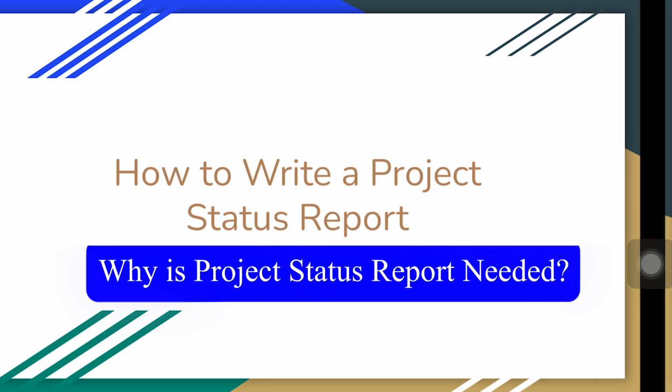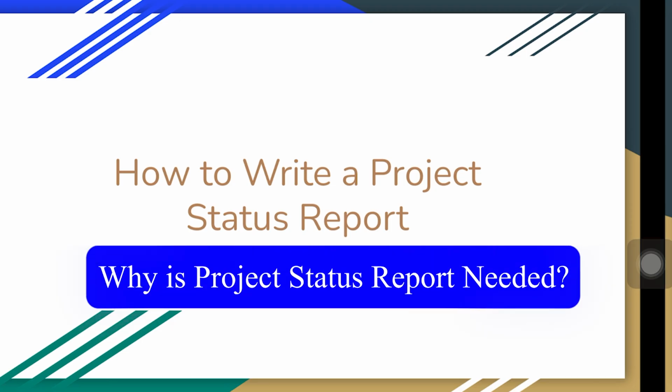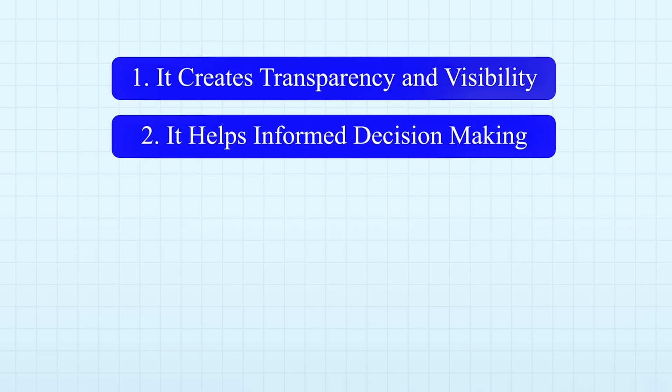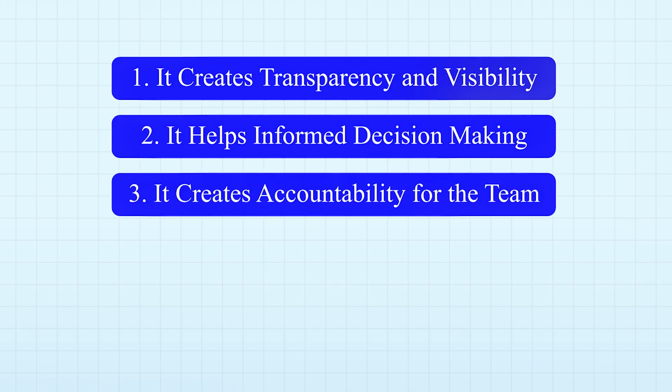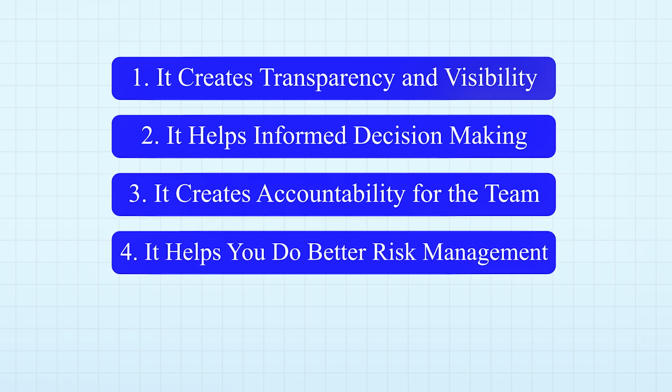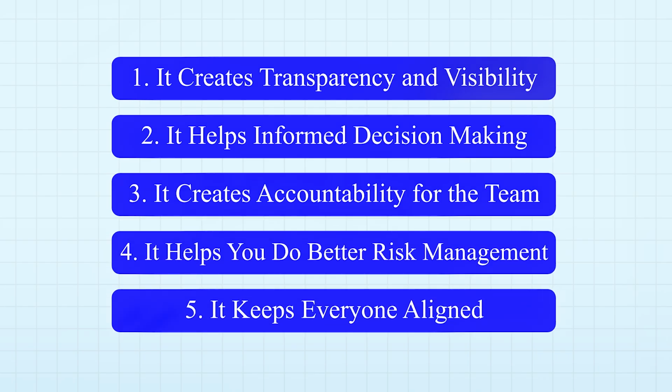So why is project status important? There are several reasons. One is it creates transparency and visibility for your stakeholders. Secondly, it helps informed decision making. The sponsor knows the status, and sponsors and managers can help you to make the right decision. It also creates accountability. It clearly shows what has been accomplished and by whom. It keeps the team focused and accountable for their tasks. In addition to that, it helps you do better risk management and keep your sponsors and stakeholders aligned